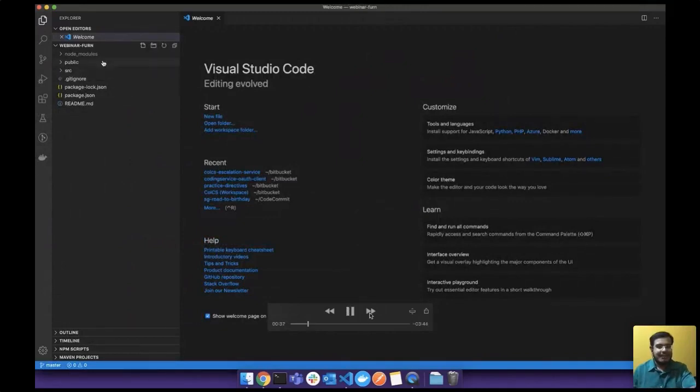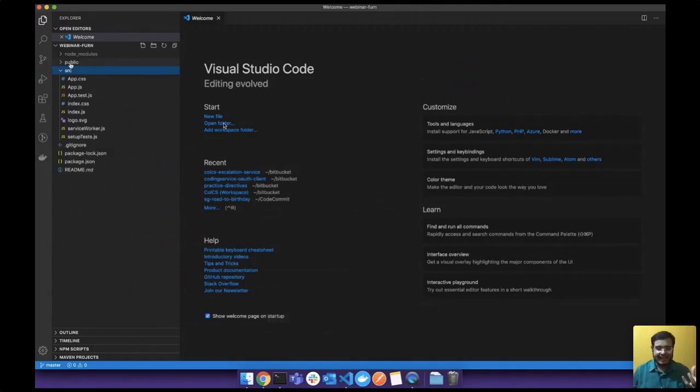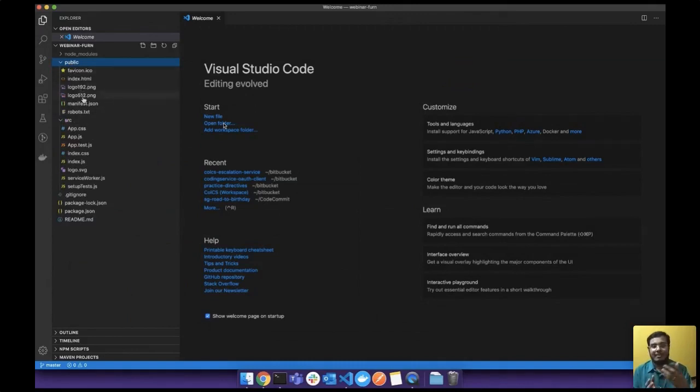So if you see in this project, we have the public directory and we have the src directory. The src directory is the core of the application. All the React-based files will go inside this. The React.js files will go inside src. Public is used to host the static files, which are pure HTML, pure images, which don't need a lot of React programming and all, right? And this IDE also gives a very good way of running your scripts right from the IDE, right?